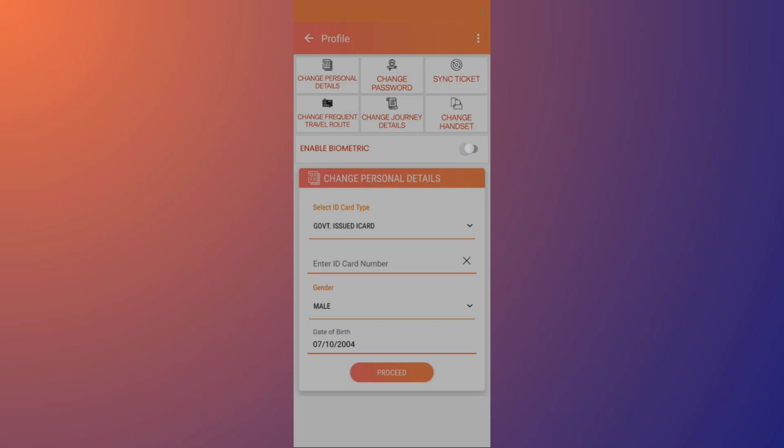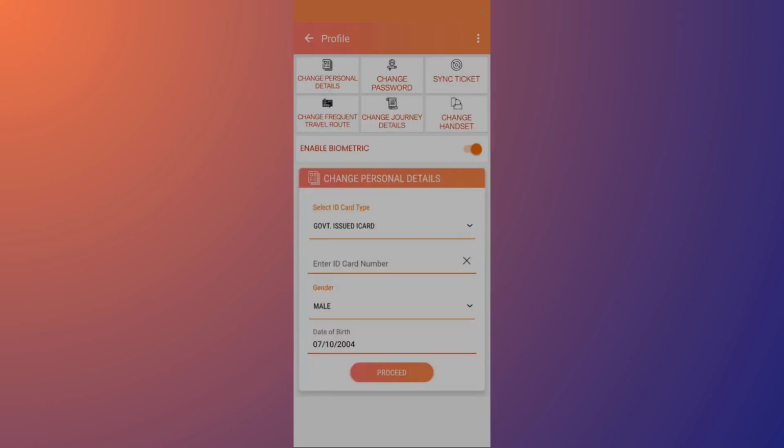So simply click onto this enable button, and then from here it will ask you to log in your fingerprint. If your device has a fingerprint sensor, it will ask you to register or verify yourself. So simply place your finger over to the position and verify yourself, and now here you can see that the